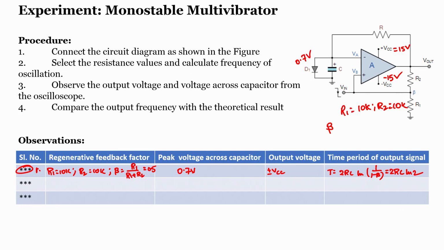0.693. So T is nothing but 2 into 0.693 into RC. Okay. Now, what values of R and C will we consider? We will consider R as 1 kilo ohm and C as 1 microfarad, even in this case. So the RC value will become 10 power minus 3, so I can replace RC and write it in milliseconds.